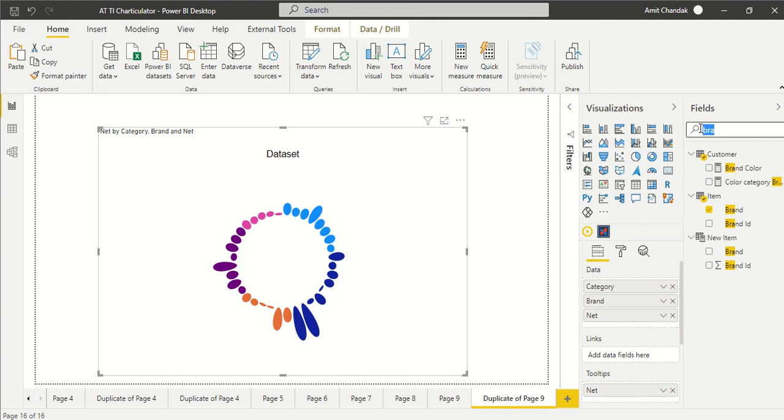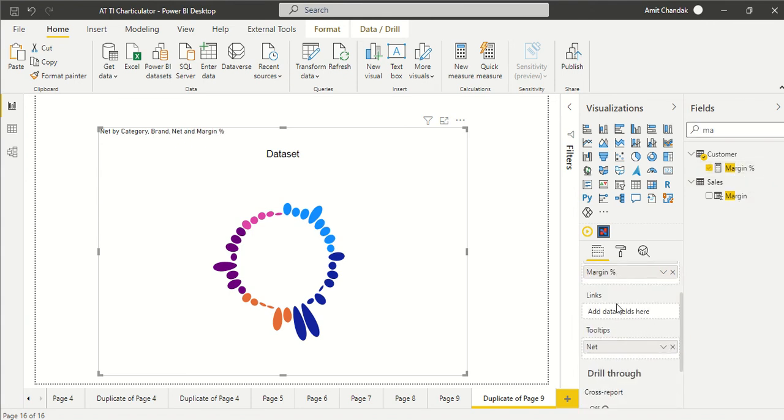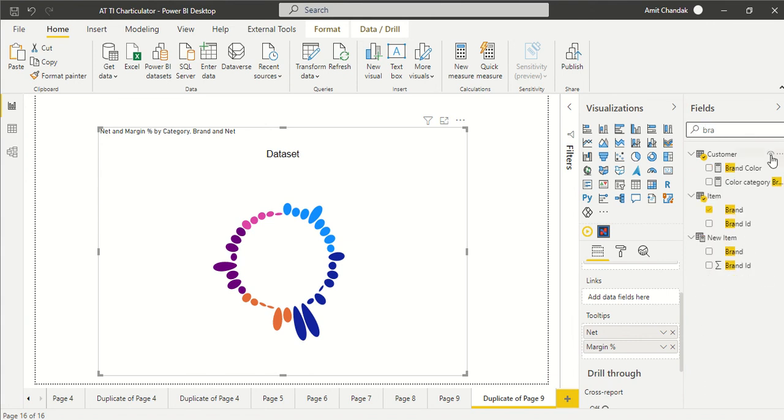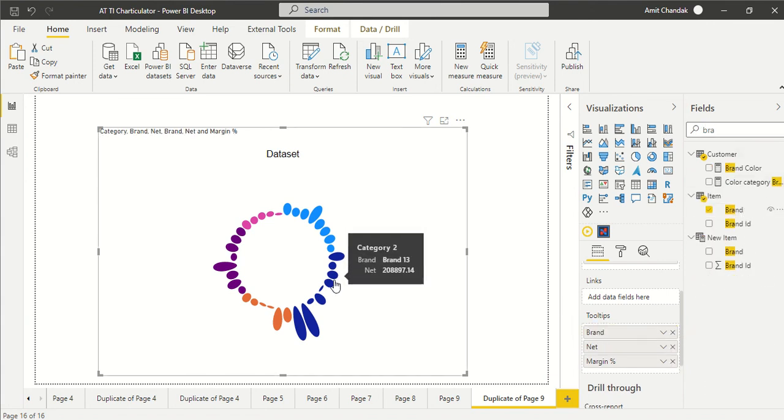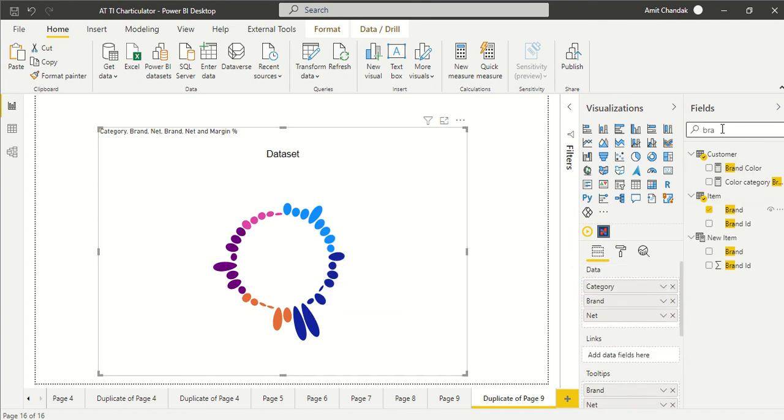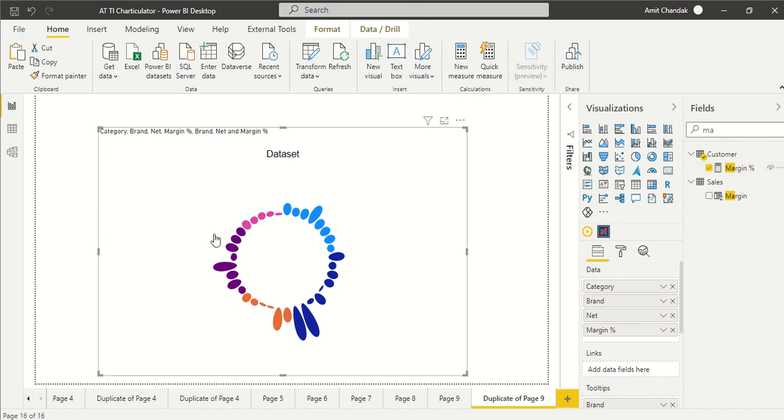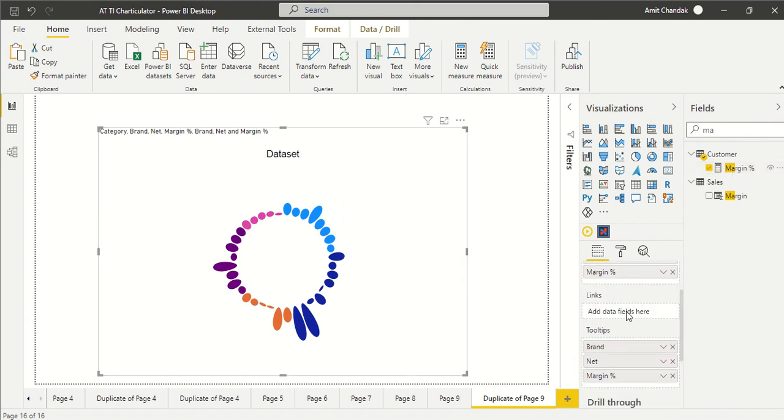What we can do here is we have this something known as margin, and let's say margin, but typically our margin is pretty consistent. So let me drag it here also, and let me now drag brand also, because brand is the one which you're not going to see here. So let's see. Okay, why are we not seeing margin out here? Because margin is not there in the visual. Let's add a margin out there. Let's see. Okay, it needs to be part of the visual whether you add it into tooltip or not, but that's the one thing you have to remember, that it needs to be part of that.